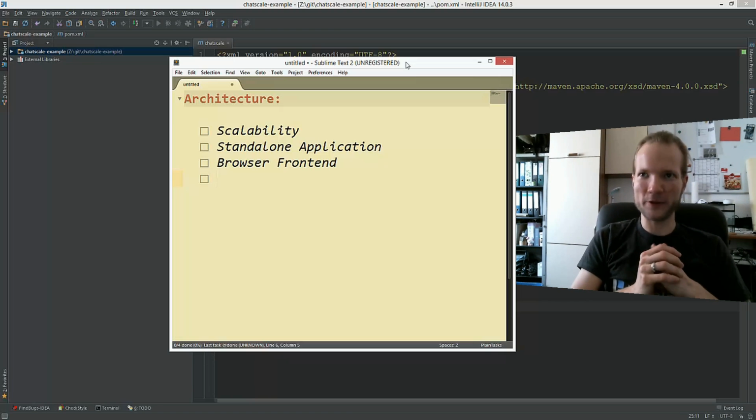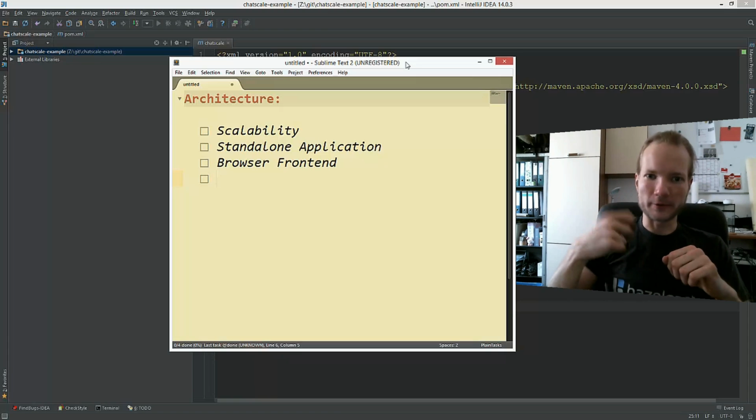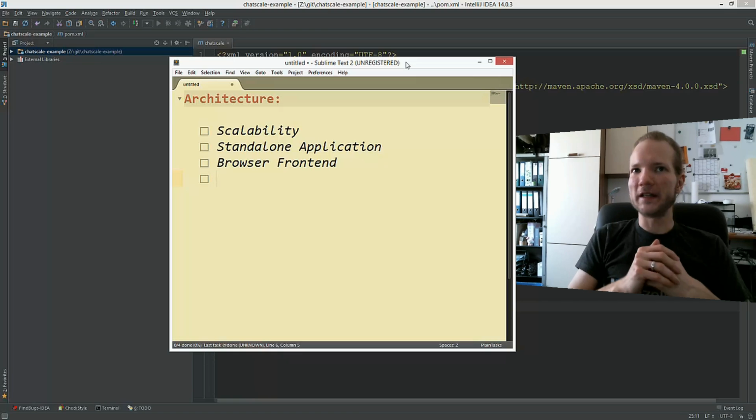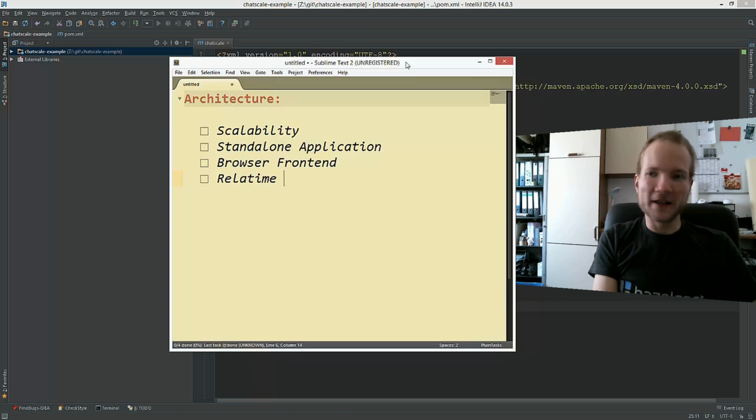Because I don't like the idea of some very simple implementations which just reload the website with all the messages every 2 or 5 seconds, I want to have something like real-time delivery.